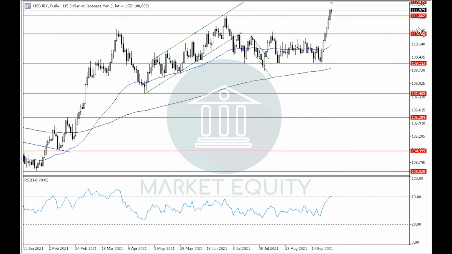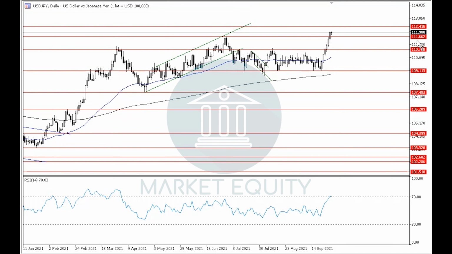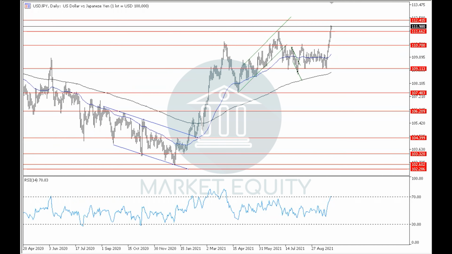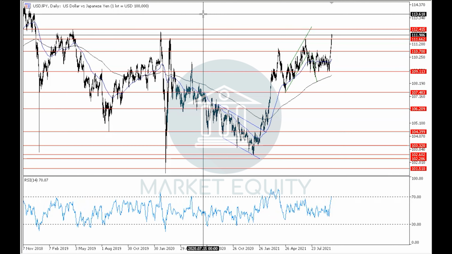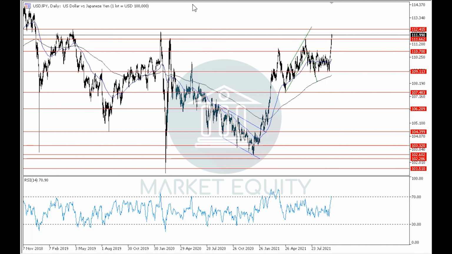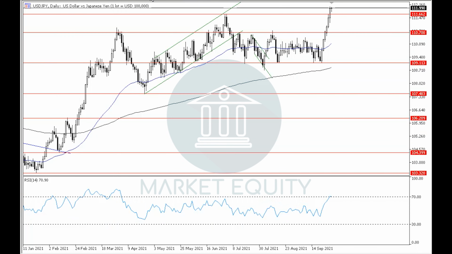and by holding above it will support the continuity of the uptrend as well as the targeting of around level 112.40, and by breaking upwards to level 112.40 will support the continuity of the uptrend, which will continue to target around level 113.65 as a primary target in the current uptrend. If we notice the RSI indicator in the daily time frame, then we can see that by moving around level